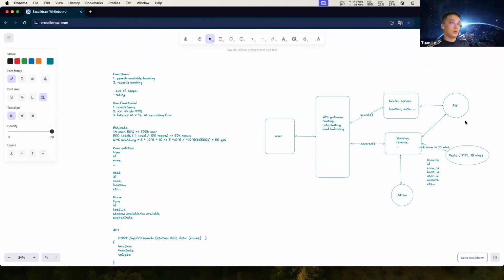Okay, so to check the room available, I want to query. Assume it's a SQL database. What does your SQL look like?